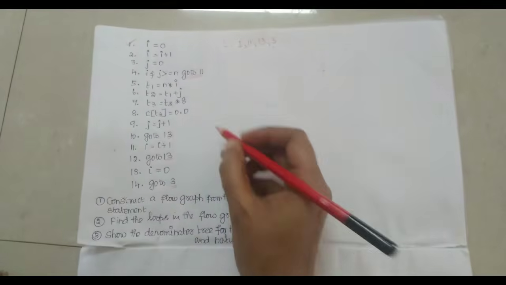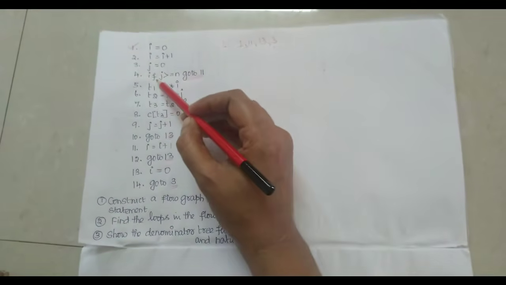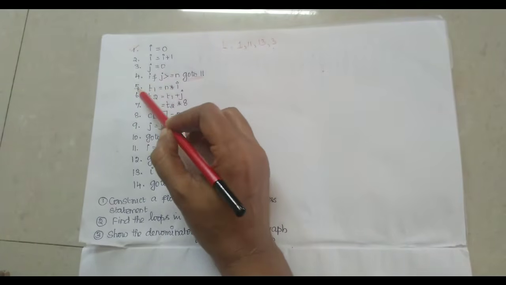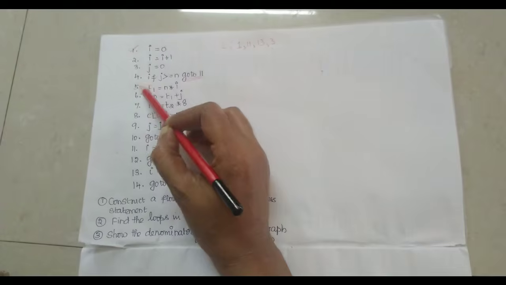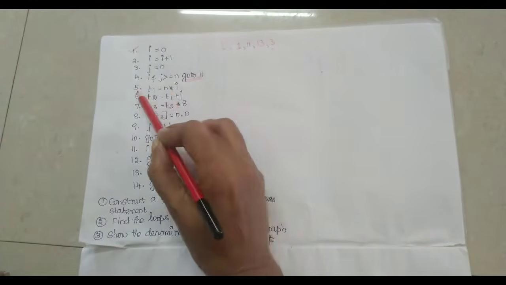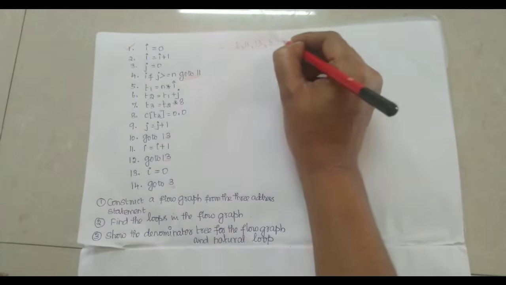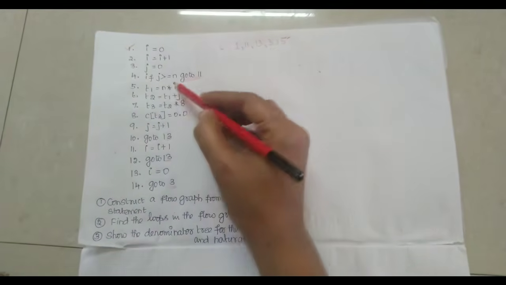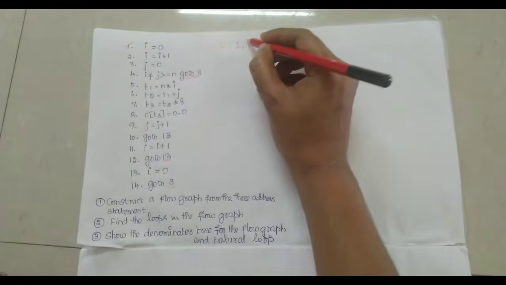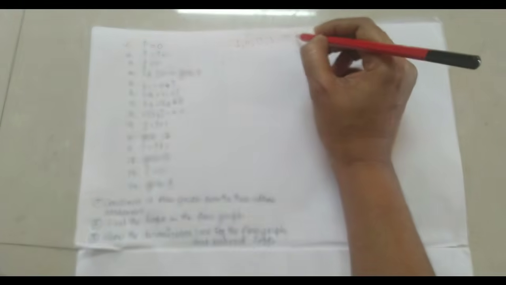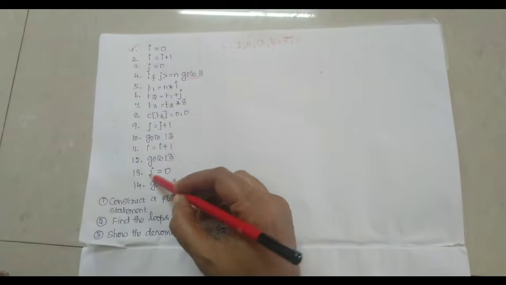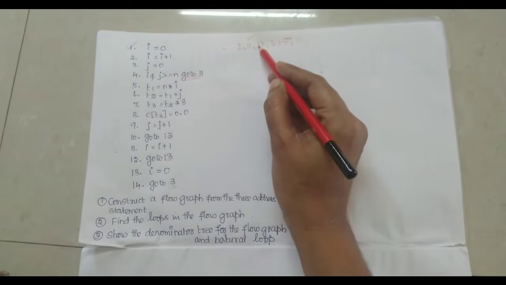The third rule for finding a leader is that whichever statement follows a conditional statement is also considered a leader. So here the fourth statement is a conditional statement, and next to the conditional statement is statement number 5. So 5 is a leader. Next, 11 is also a leader, but we have already taken 11 as a leader, so no need to write it down again. The next one, 13, is also a leader.